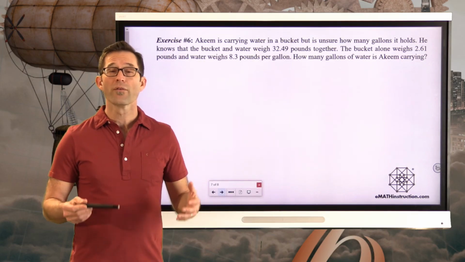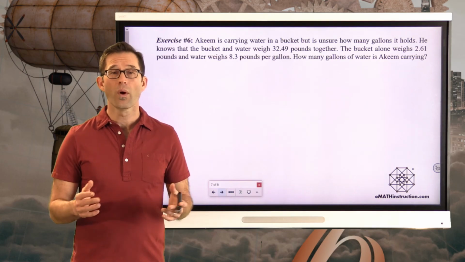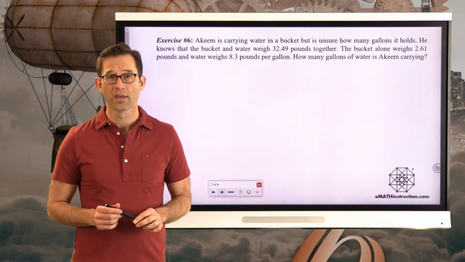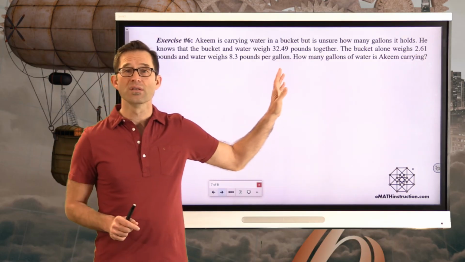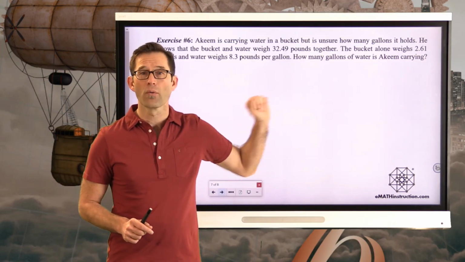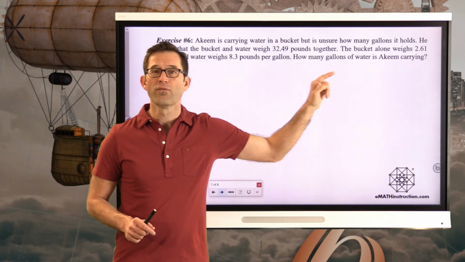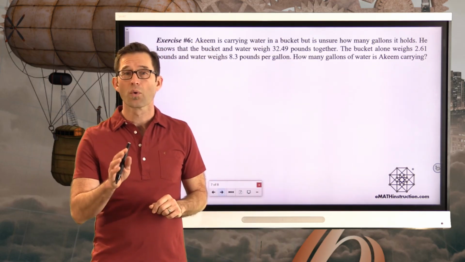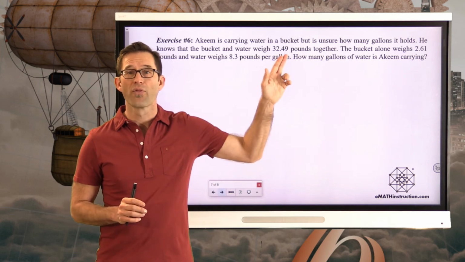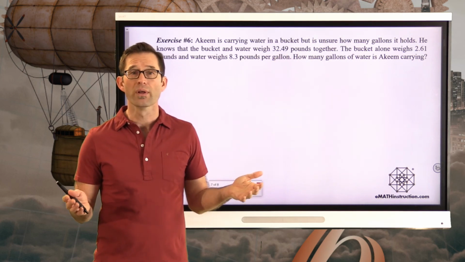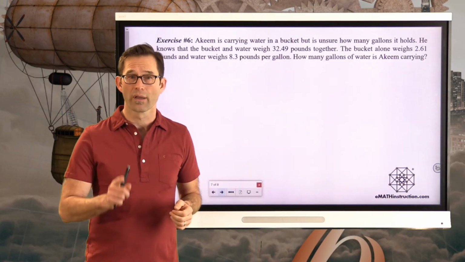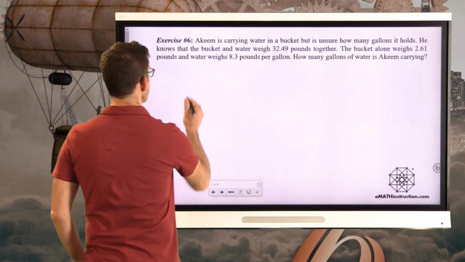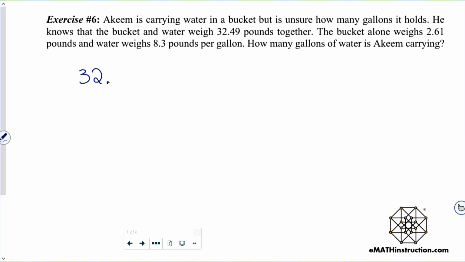All right, well, the first thing that we really want to do here is figure out the weight of the water that Akeem is carrying. Right now, Akeem knows that he's carrying 32.49 total pounds, but of that 32.49, the bucket weighs 2.61 pounds. So what we're going to do is subtract that 2.61 from the 32.49 to figure out simply the weight of the water that Akeem is carrying. So let's just start with that step, right? We've got our 32.49. We're going to subtract off